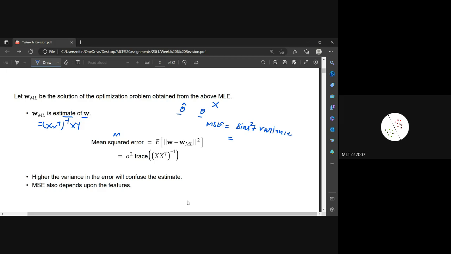term you can define it as the expectation of the distance of the estimator from the true value, how far it varies. The expectation of that is called your MSE. If you expand this, you can show that it is nothing but bias square plus variance. So if MSE is high, it means your estimator is suffering from one of these issues: either the variance is high or the bias is high, or maybe both are high. There is always some trade-off between bias and variance. So if MSE is high, you can say that your model or estimator is suffering from one of